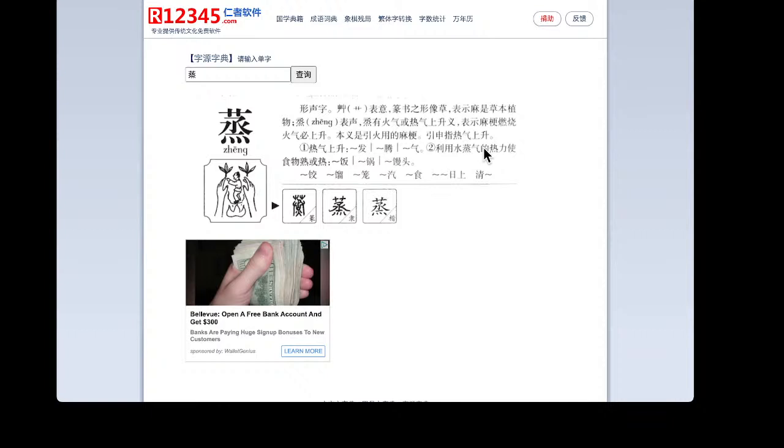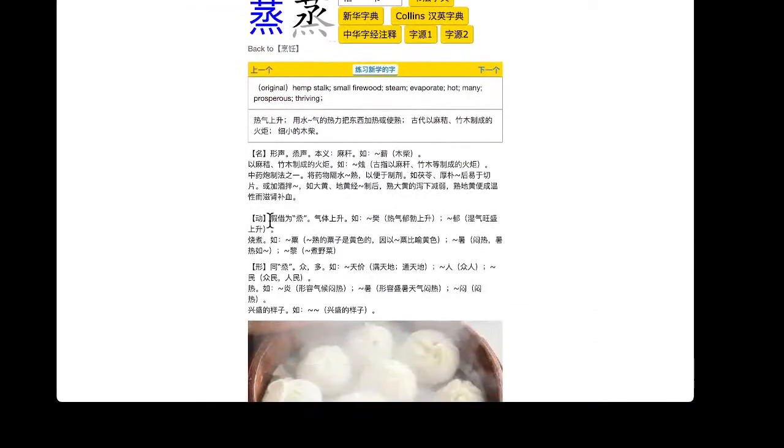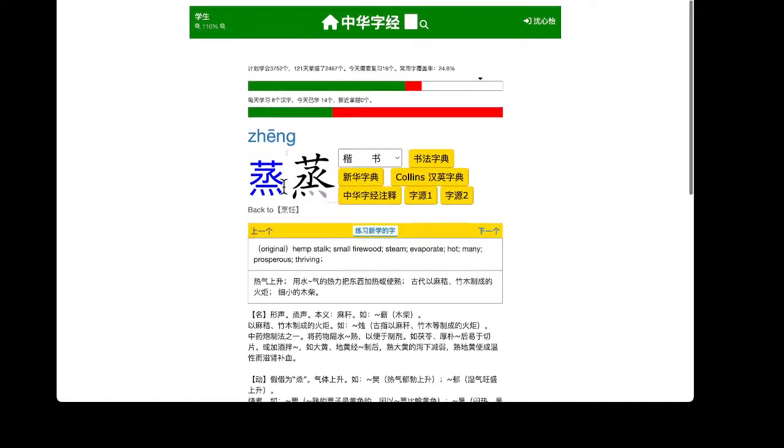Being going up, that's the meaning. Okay, so it's because the small fire stock, hemp stock, when you burn it, will create the flame, heat, and smoke or steam going up, right? And so this is 蒸. Okay, so basically right now the basic meaning of this character,